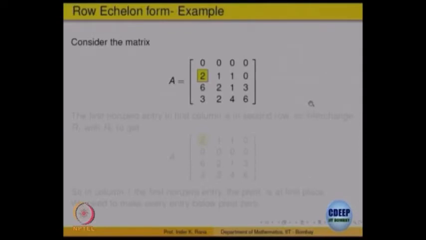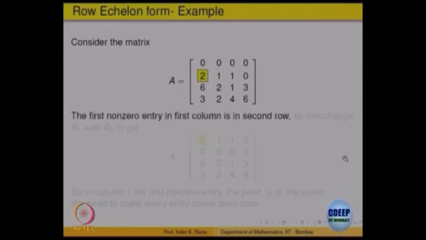So, let me just go through one example again of how it is done, so that it is clear to everybody. We are given this matrix A. The process is we scan the columns of the matrix, starting with the first column. In the first column, the first non-zero entry comes at place 2. So, the operation should be to interchange R1 with R2, so that the first entry in the first row becomes non-zero.